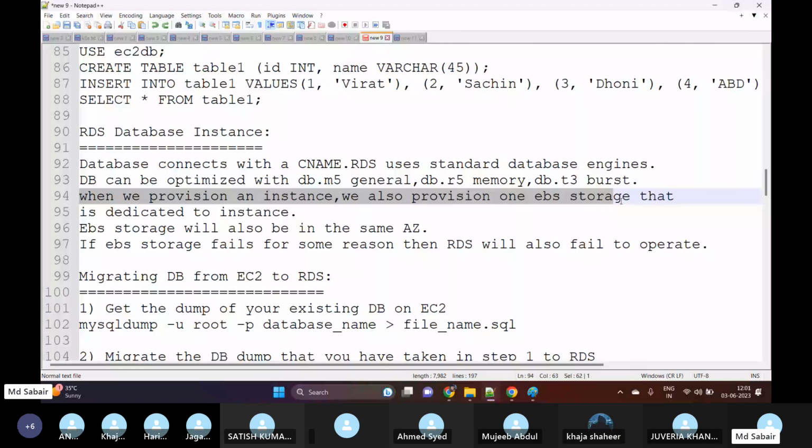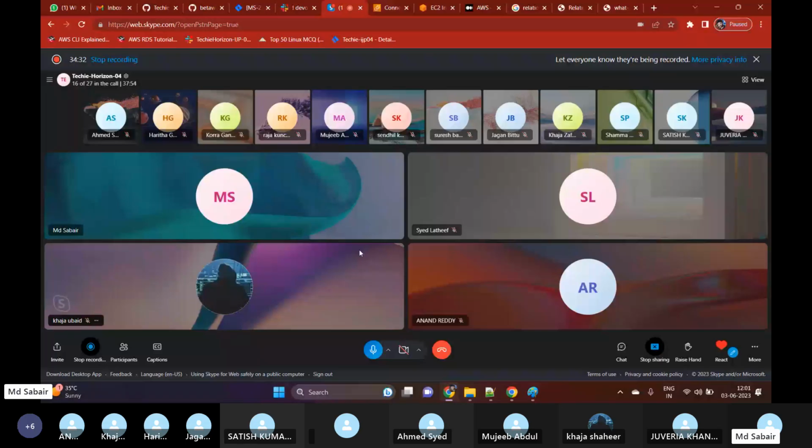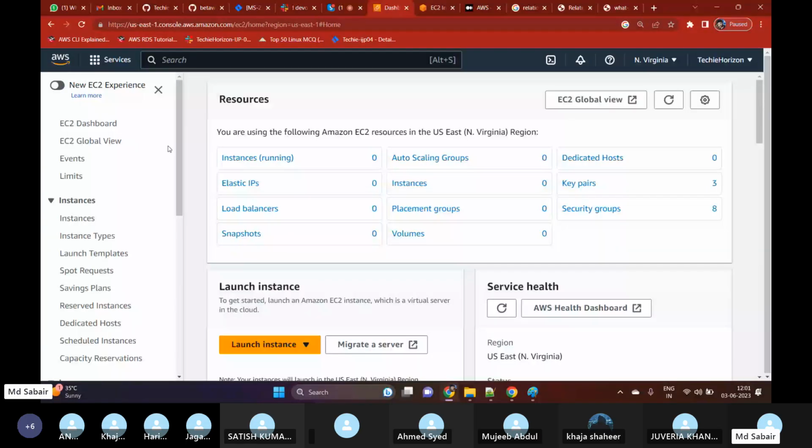So whenever I try to create one RDS database, it will be created in terms of an instance only. There it will be showing as DB instance. Here we were seeing EC2 instance. In RDS we will see DB instance, which means it is also provisioning some EC2 only. For this EC2, one EBS volume is created, right? Similar to this,